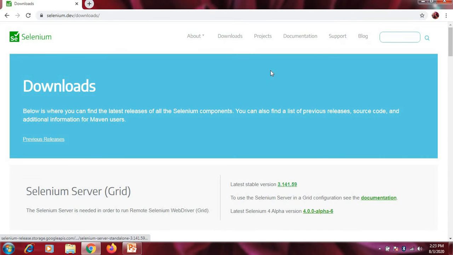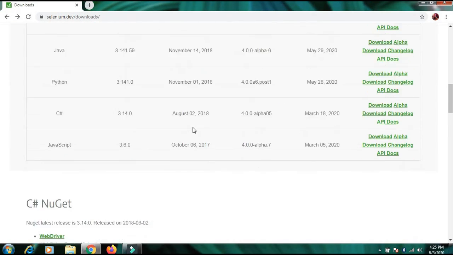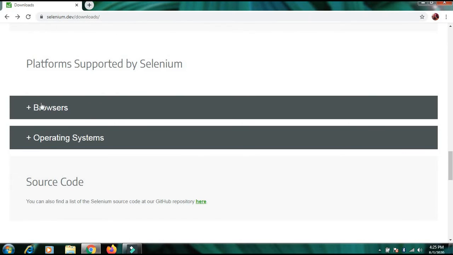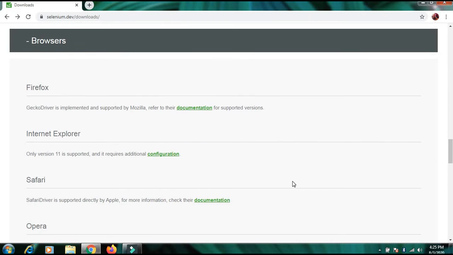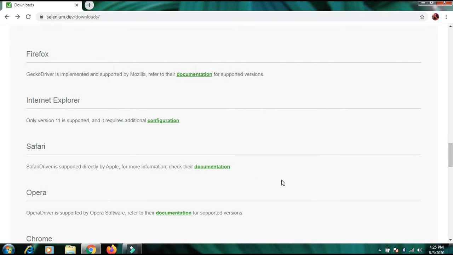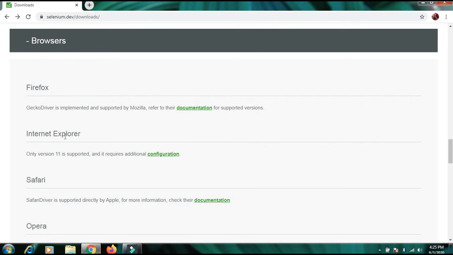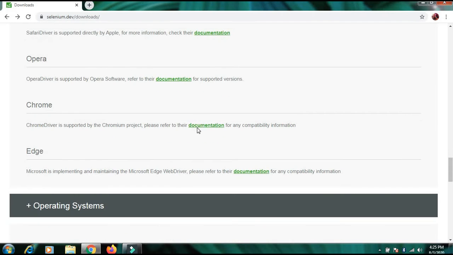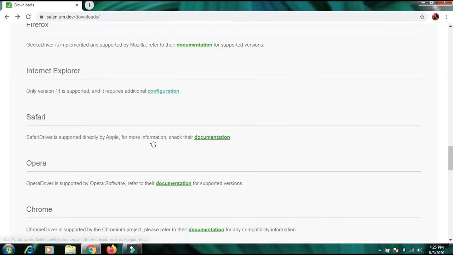Click on this and save the file. Scroll down. We have to download the browser executable file because Eclipse without the executable file cannot communicate with the browser. So here we can see Firefox, Internet Explorer, Safari, Opera and Chrome. These are links where we can go and download the executable file.